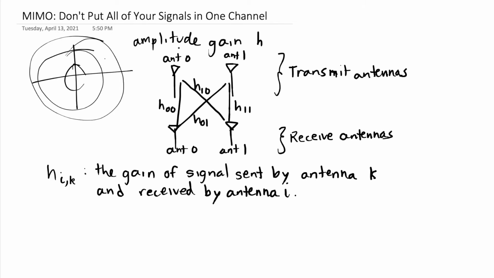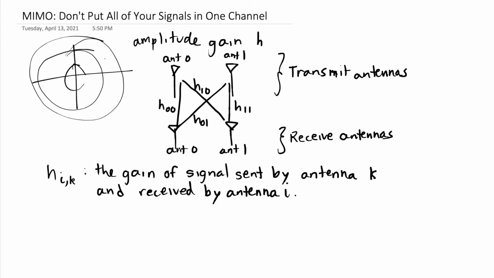What we're going to explore in this video is how we can use either one transmit antenna and multiple receivers, multiple transmitters and one receive antenna, or multiple transmit antennas and multiple receive antennas. And these are different cases of the same concept that we don't want to put all of our signals